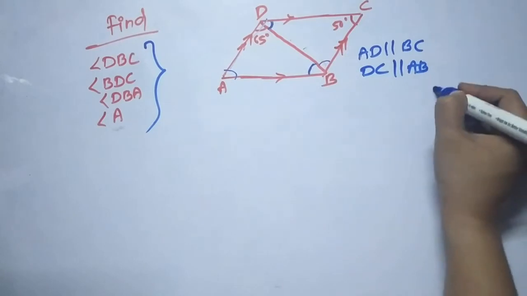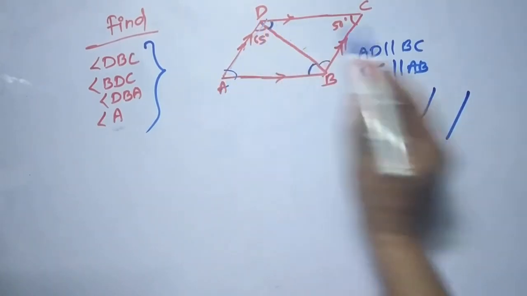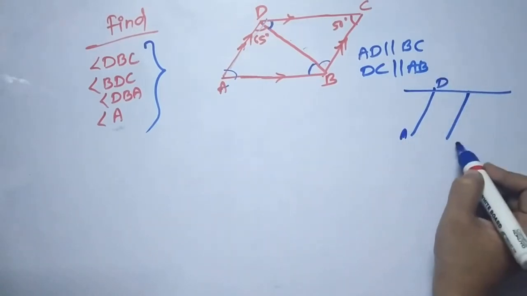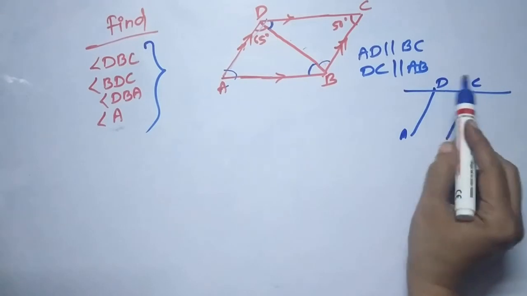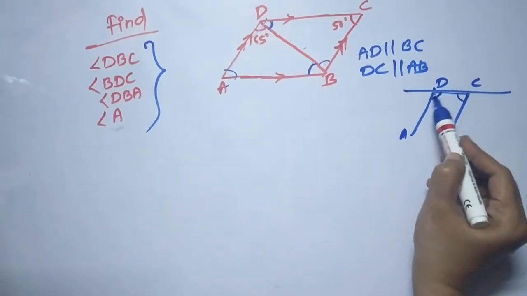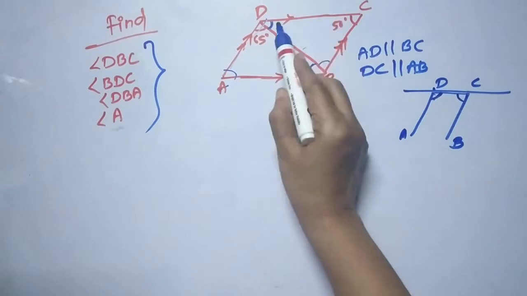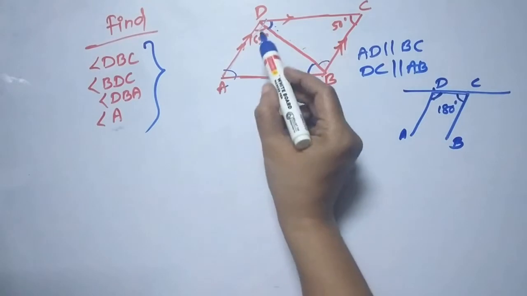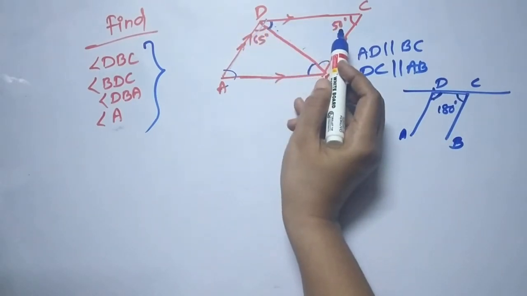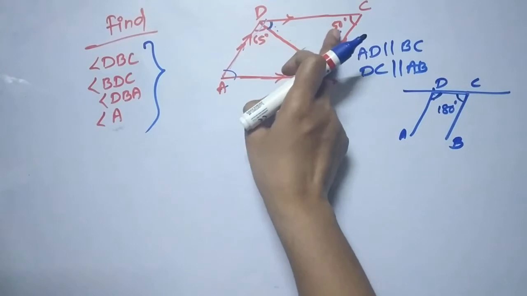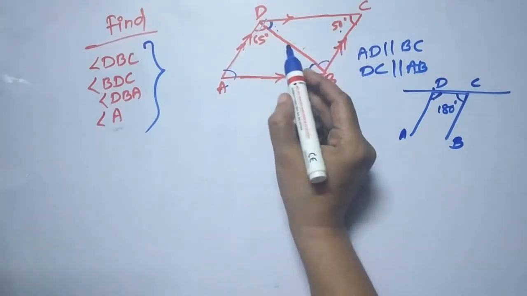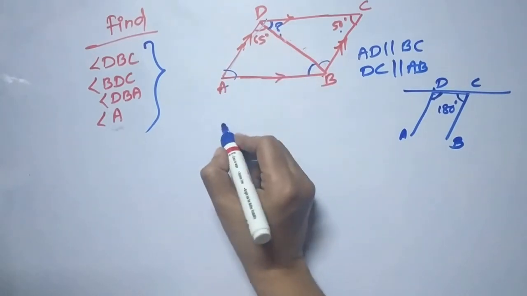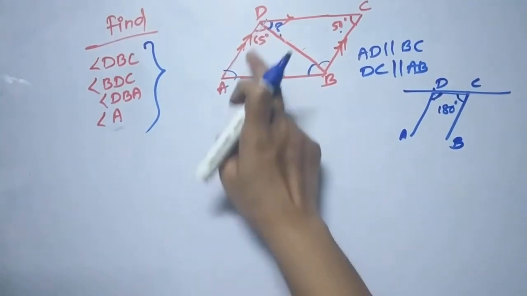So friends, if you notice here, these parallel lines, this is AD and this is BC, and these are transversal. The angles forming here are co-interior angles, this and this, and their sum is going to be 180 degrees. So if you notice here, this is completely 50 degrees. So 180 minus 50 means 130 is there. So friends, easily we'll get this angle by removing it from 130. So this is 65.